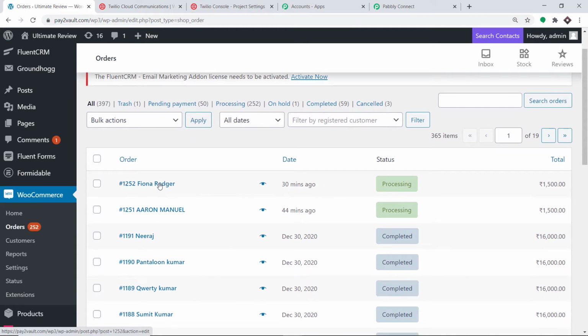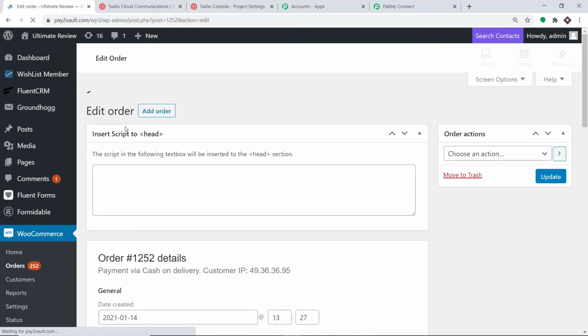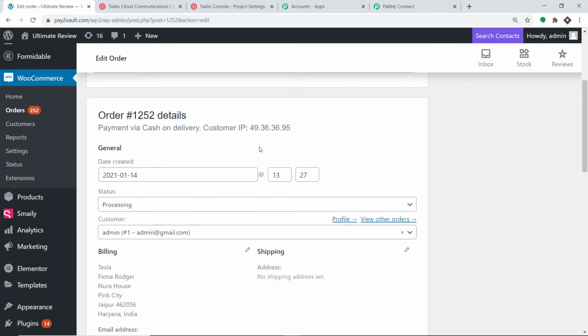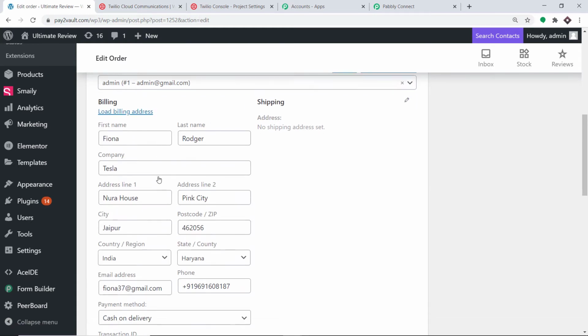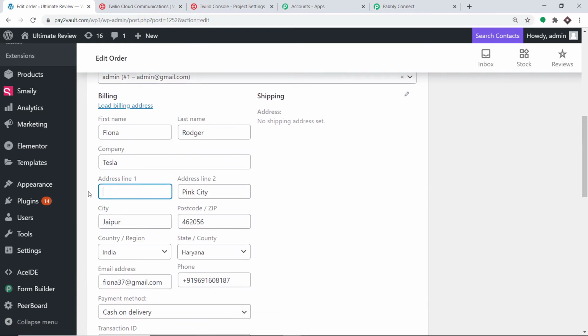So what I'm going to do is select this order by this particular person called Fiona Roger, and I'm going to change some details in it. I'm going to change the address. Address line 1 is now DLFG Market, and address line 2 is Yellow Street.